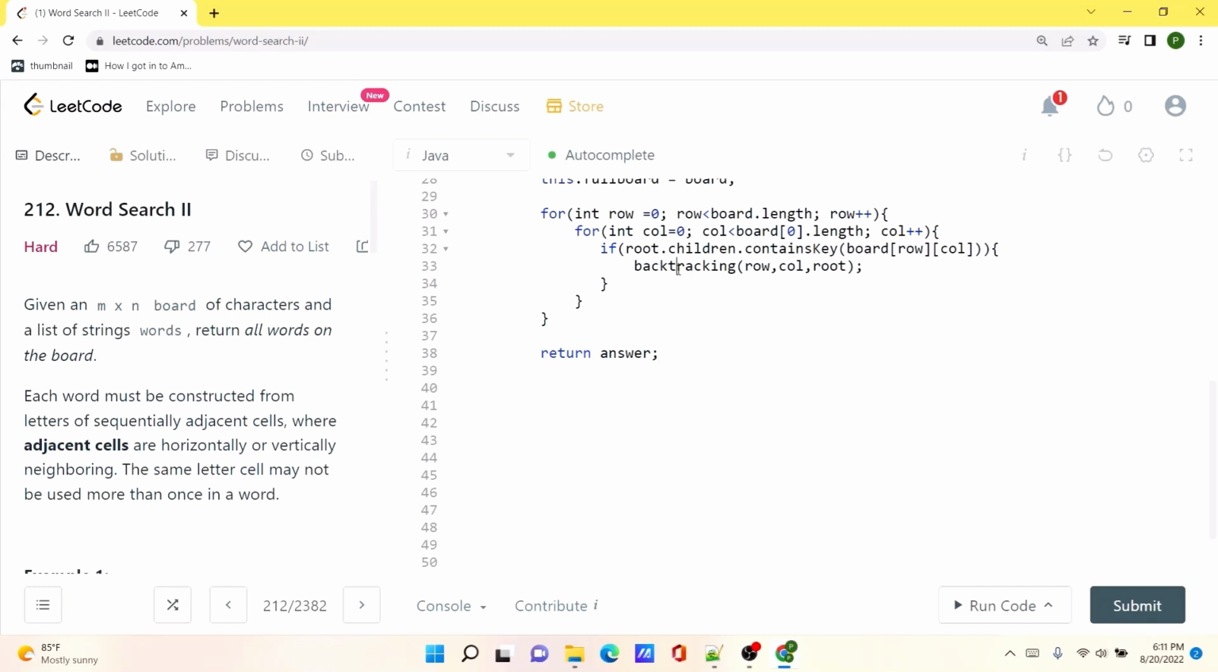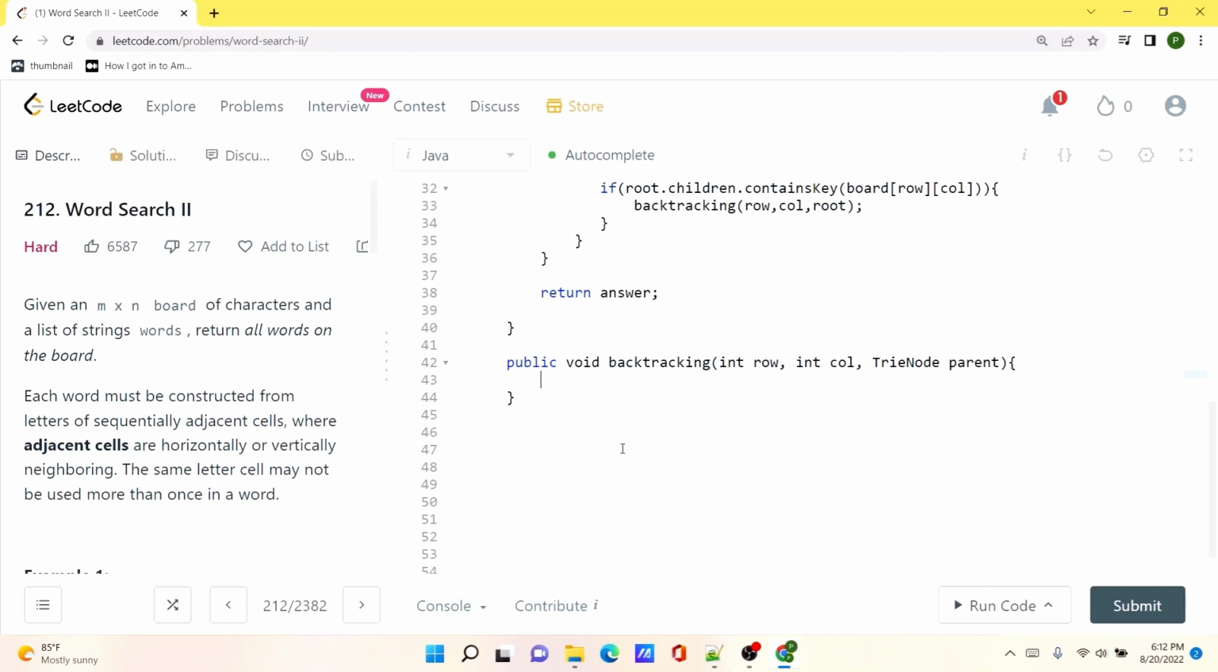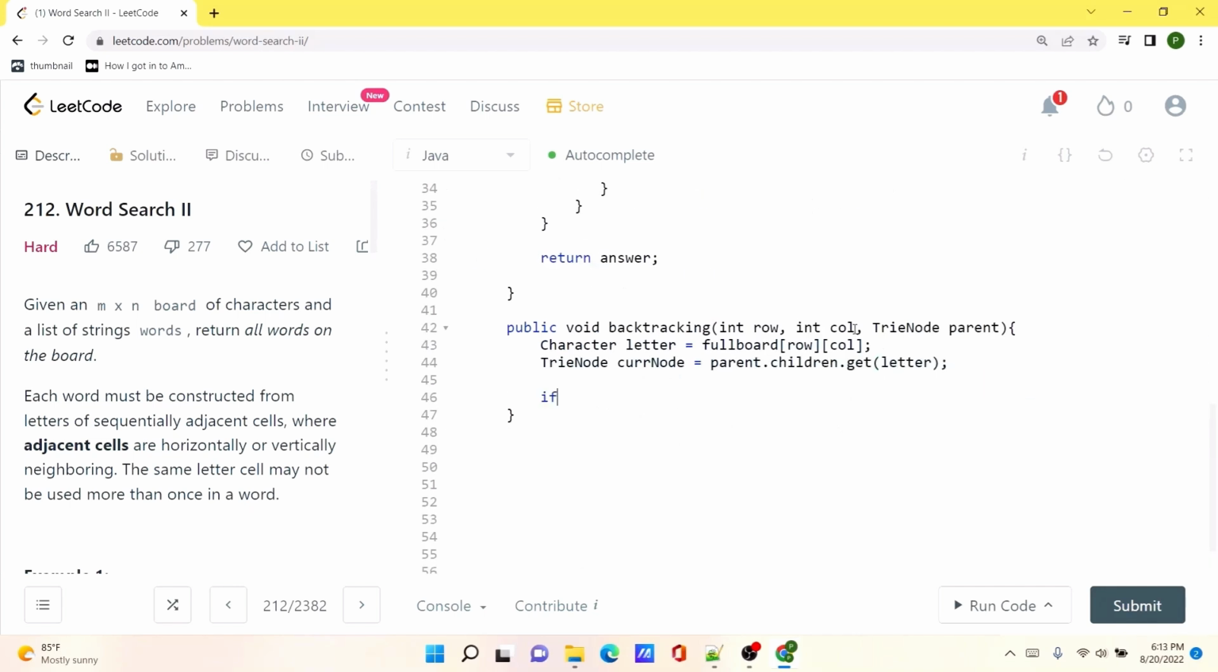And now let's create our backtracking method. So this is going to be our recursive method. First of all, we are going to define a couple of variables. First of all, we are going to check whether the current node is actually a word or not. If that is a word, we can immediately add it to our result. Okay, if that is not the case,